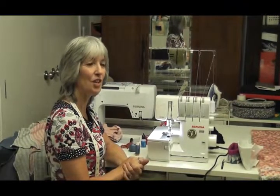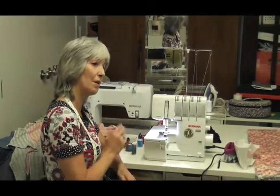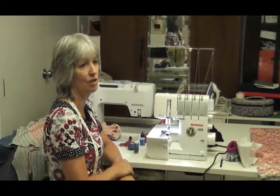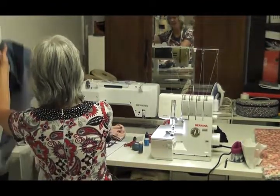Okay, right now I'm going to show you how to make a very, very quick and easy scarf. Again, I'm going to make it all on the overlocker, and then later on I'll show you how to make it on the sewing machine. So the scarf ends up like this,